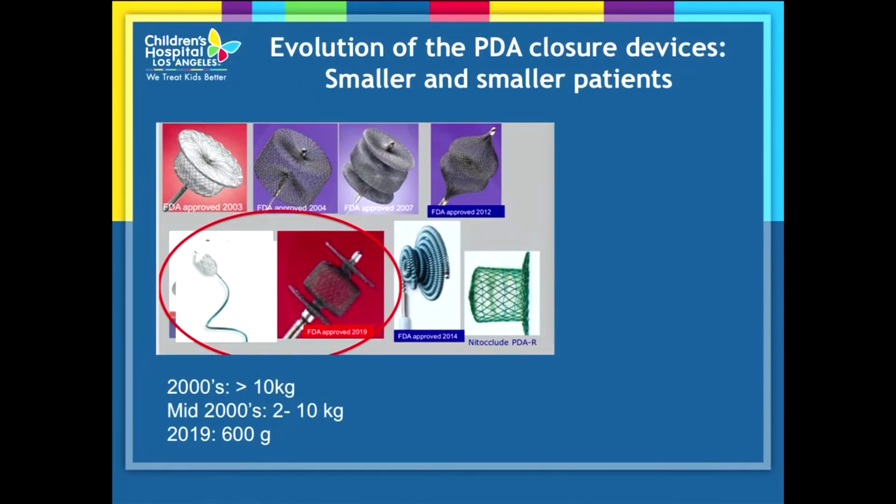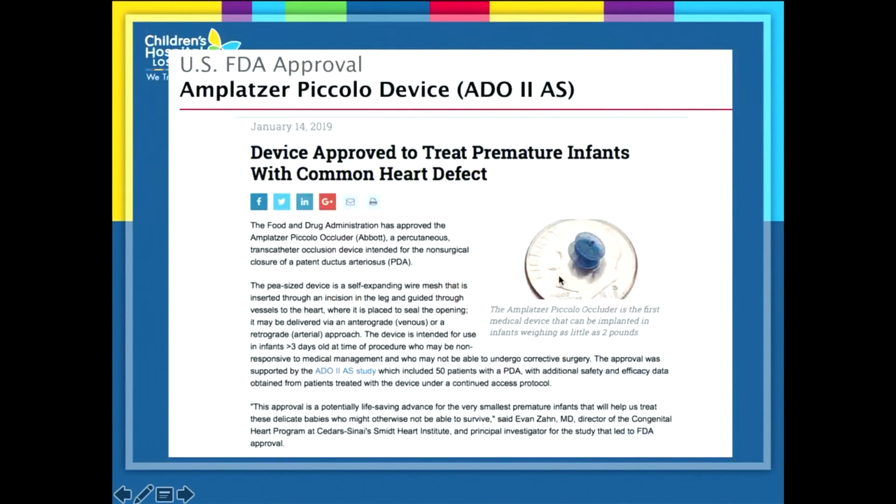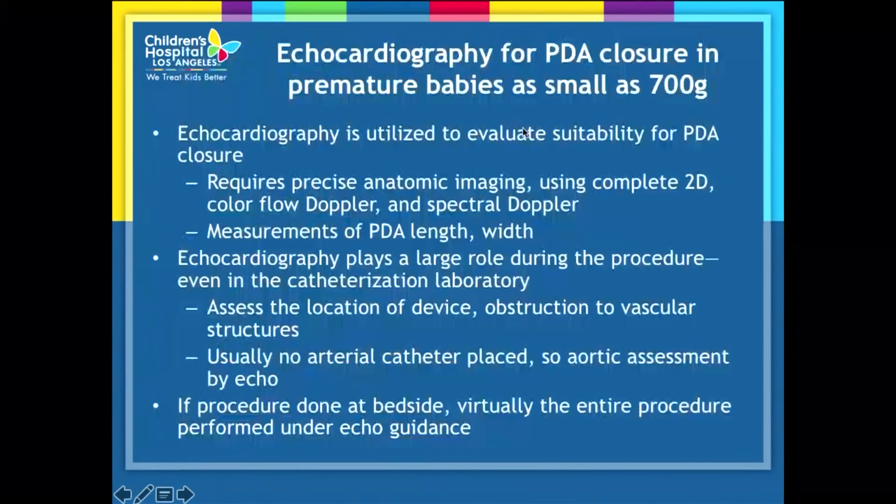So this is just showing the device over here. It's a very small device. It was just approved by the FDA. These were some of the animal studies that were done. And the device was just approved in January of 2019, also known as the Piccolo device here, the ADO2AS. And our job now as echocardiographers is really to evaluate these patients very carefully,